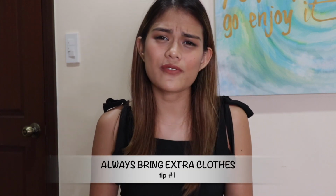Essentials. Essentially, this is just a hack. One hack, or one tip rather, it's not a hack, it's a tip. One tip when traveling with kids is always bring extra clothes. I know this is very basic. Yes, of course, you're a mom, you're gonna have extra clothes in your bag, but always bring another pair of extra clothes